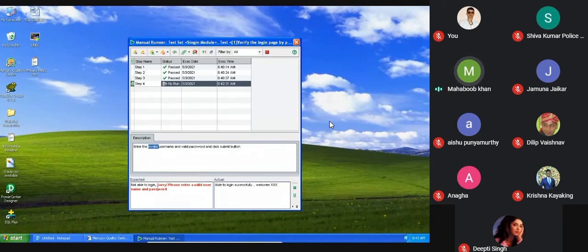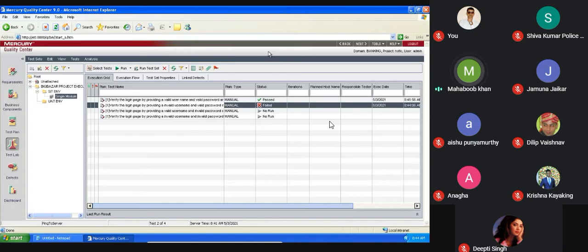So now when you see, there is a difference. There is a deviation between expected behavior and actual behavior. Here it is telling sorry page, we can't log in, but here we are able to log in successfully. When you see both, what you need to do, whether you need to pass or fail? Fail, sir, fail. Yes, you need to fail the test case. So instead of this, you need to go here and click this, fail the selected ones. So once you fail it and once you made this end run, now the whole scenario is failed.